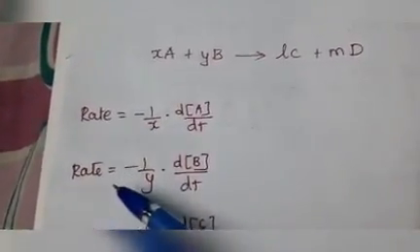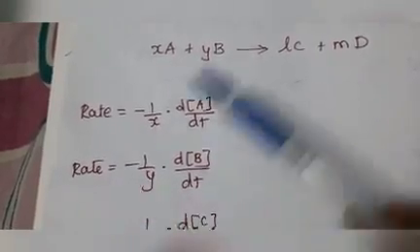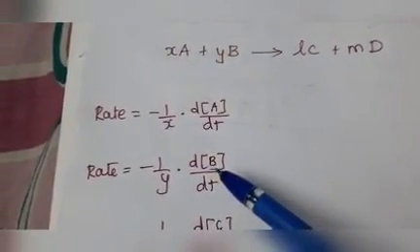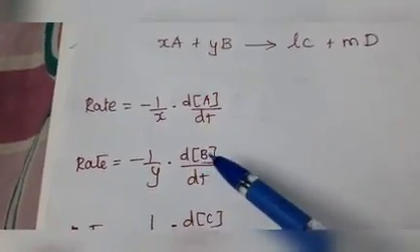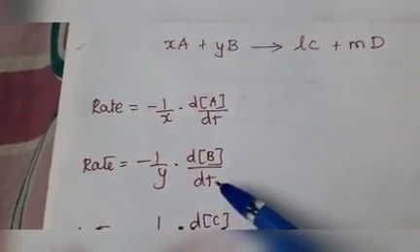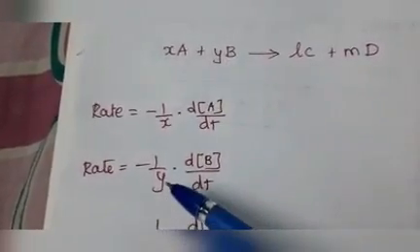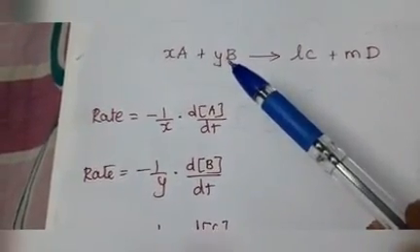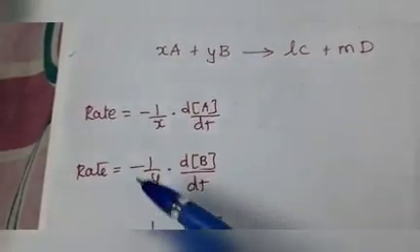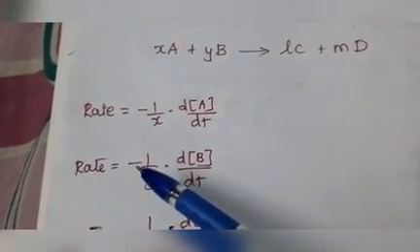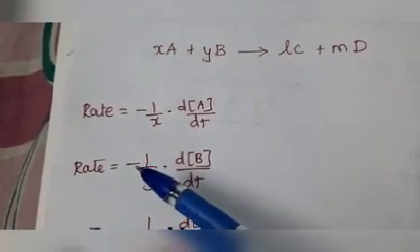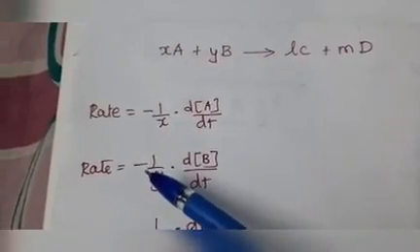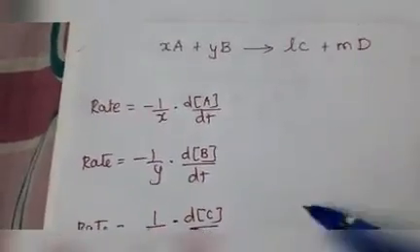Like that, we are going to write the rate of the reaction in terms of reactant B. The same change in concentration of the reactant B, the difference in concentration of B divided by time taken, dt. The reciprocal of this number is given, that is 1 by y. If you are writing the rate in terms of a reactant, you have to put minus here, because as the reaction proceeds the concentration of B decreases, and the decrease is given by minus.